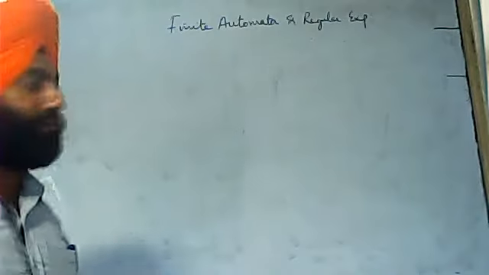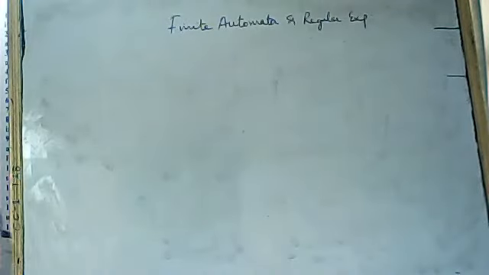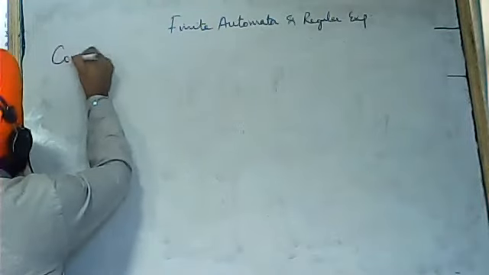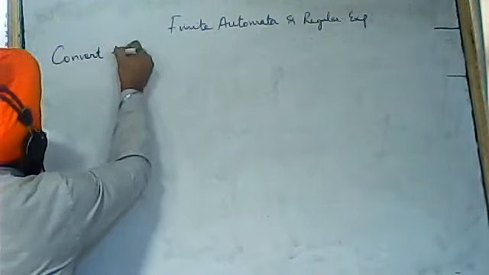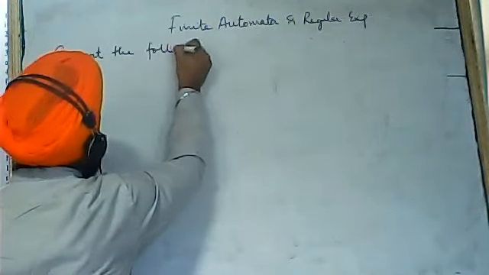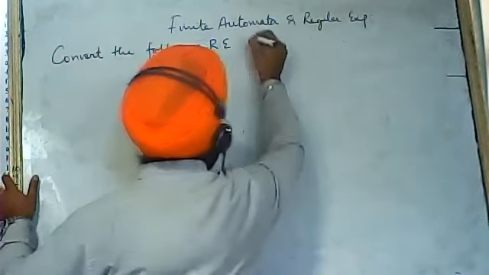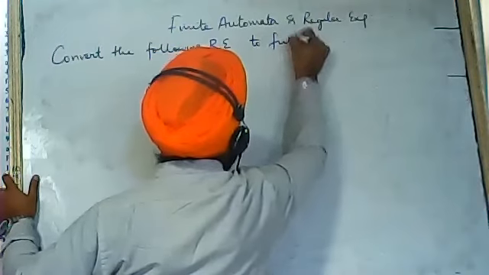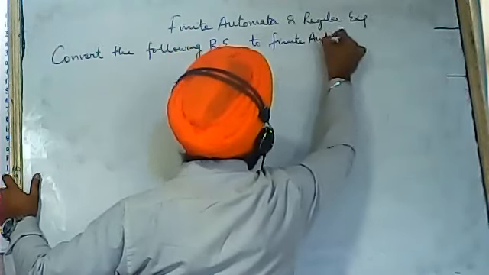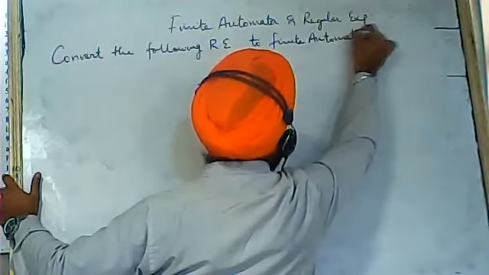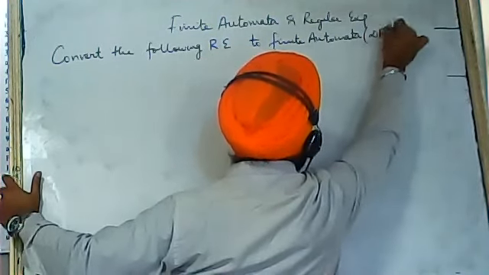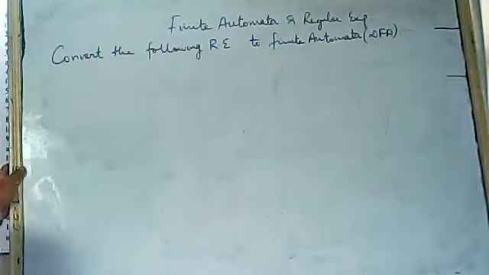So the question is, convert the following regular expression (RE) to finite automata. Here you need to draw the DFA, right? So this is the question which is given to you, and the expression is